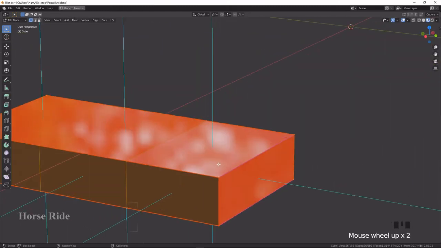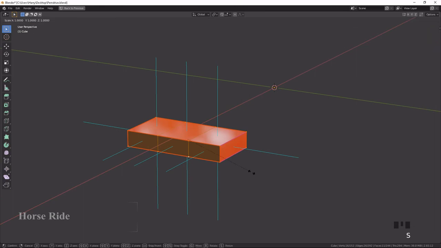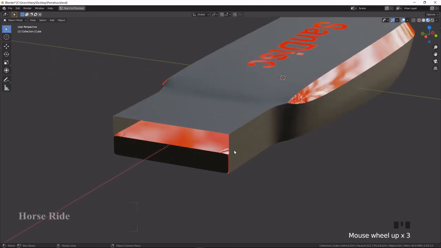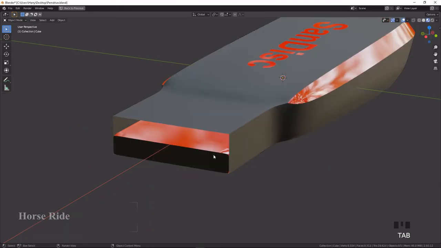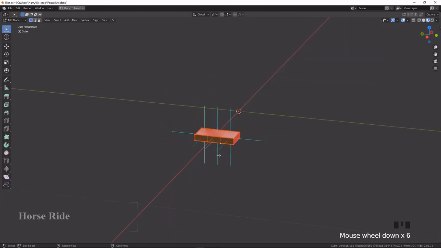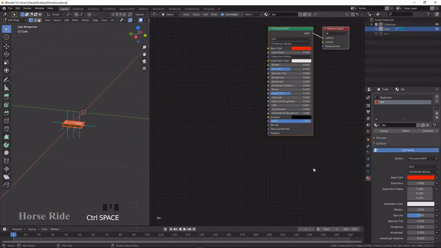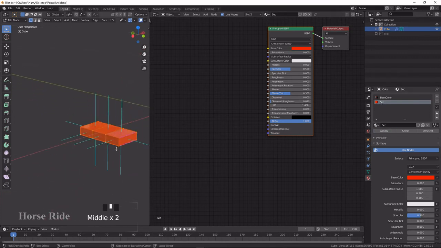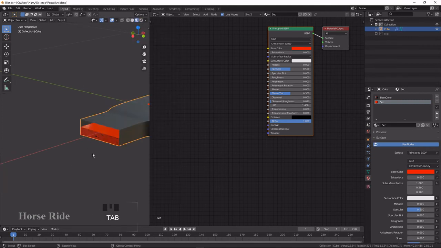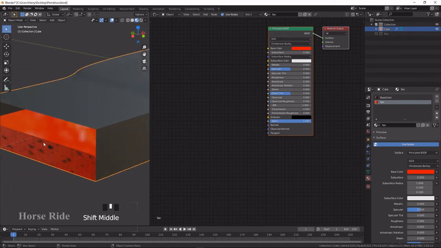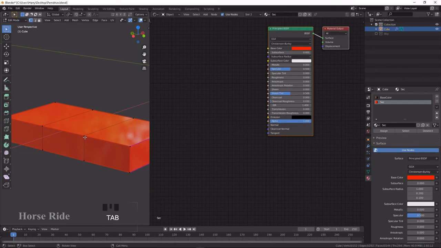Now it's created, right? Then we can scale it a little bit down, press S for scale, and on the Y-axis, and you can move it a little bit down. Now it looks better. Select this and press Control Space to minimize, select this and assign it so everything comes in red color, and select this and disable that normal option. Now here also it looks the same, the same issue we faced.